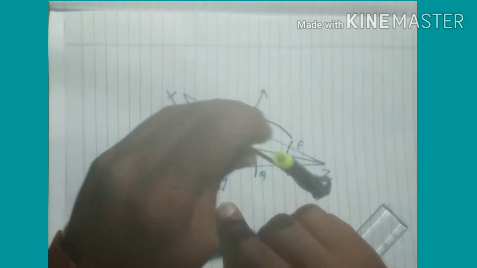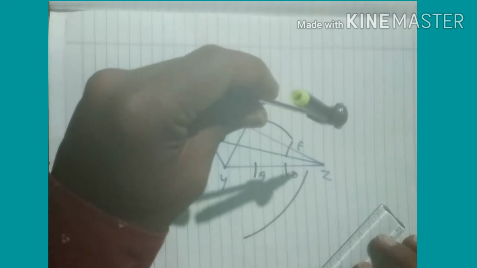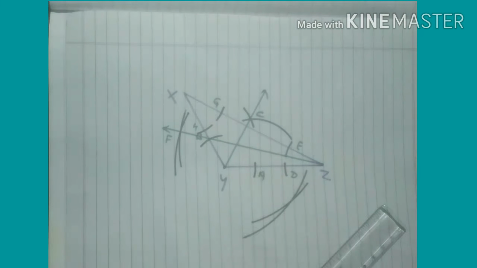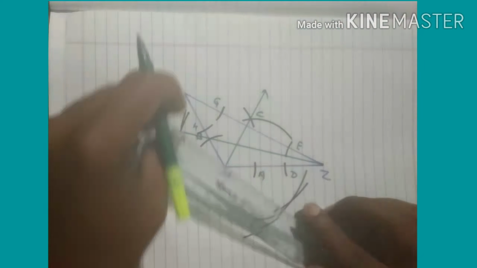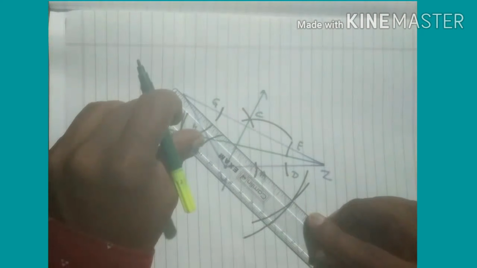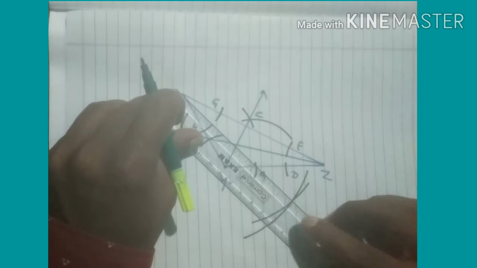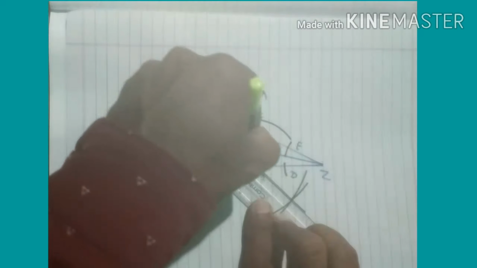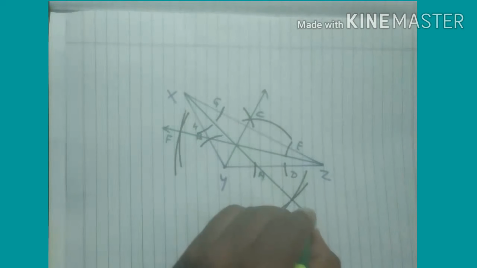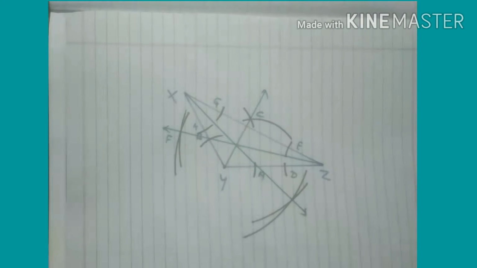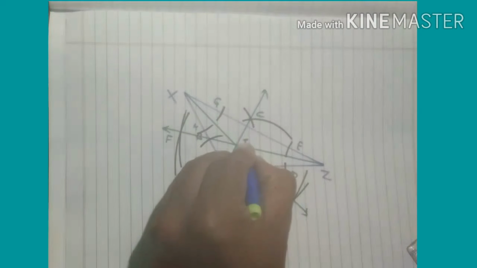Increase the distance such that, suppose I'll put the tip of the compass on H and then increase such that the projected arc is going out of the triangle. So drawn. Now same procedure without changing the distance from point G, drawn. Okay students, so locate the point of intersection, connect this point with X. So they are intersecting each other at the same point. This point, name it as point I for incenter.